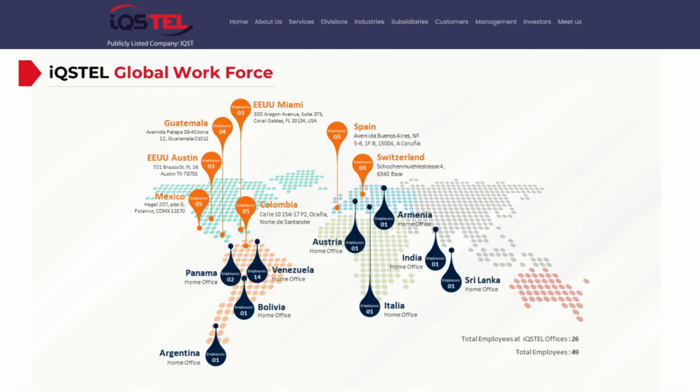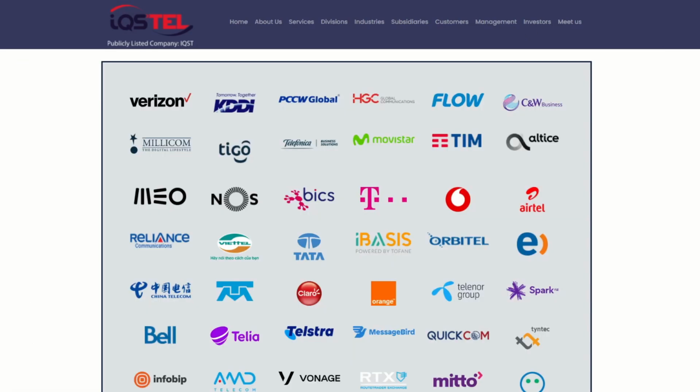This is a global company and has presence in 15 countries, and its products and services are used in several industries. Through its subsidiaries, IQST is interconnected with some of the world's largest telecommunication companies such as Vodafone, Verizon, Orange, and IBM. During 2021, IQST became a debt-free company and now has no convertible notes, warrants, or settlement agreements